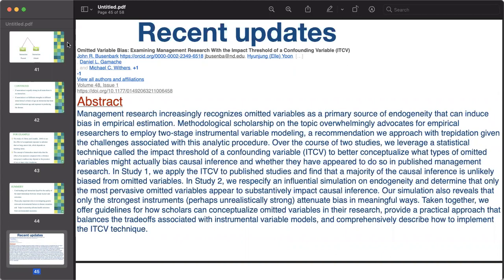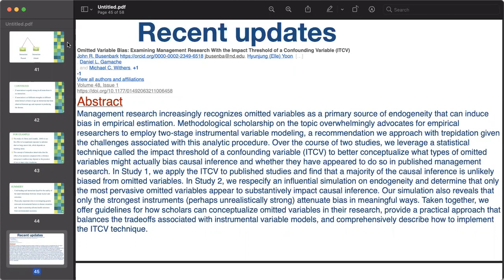In study one, we apply the impact threshold of confounding variable to published studies and find that a majority of the causal inference is unlikely biased from the omitted variables. In study two, we specify an influential simulation on endogeneity and determine that only the most pervasive omitted variables appear to substantively impact causal inference. Our simulation also reveals that only the strongest instruments, perhaps unrealistically strong, attenuate bias in meaningful